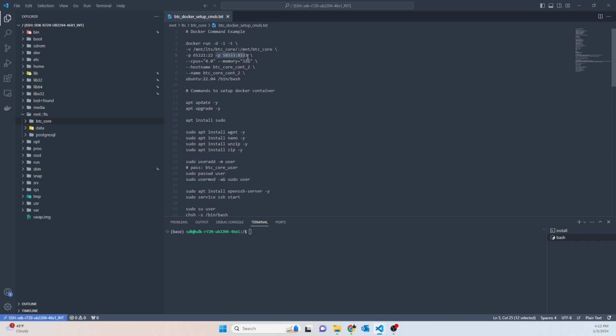And then this is the mandatory mapping. So this is 8333, which is the port that Bitcoin nodes share data through. So this needs to be open and available. And since we're running it on a Docker container, we need to map it to some external port on our server. In this case, I chose 5833